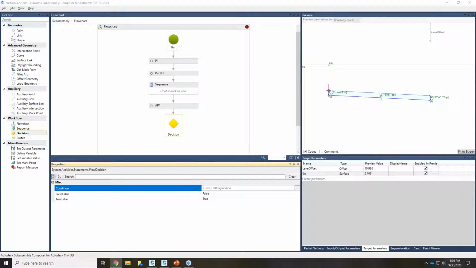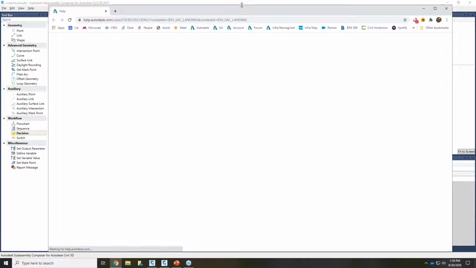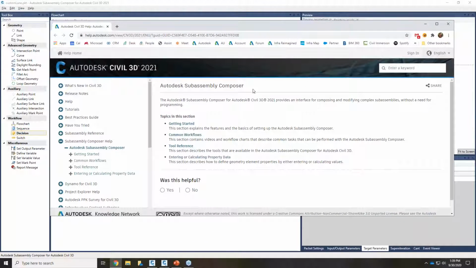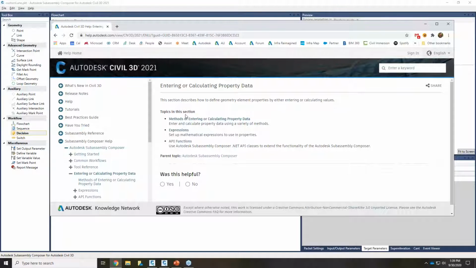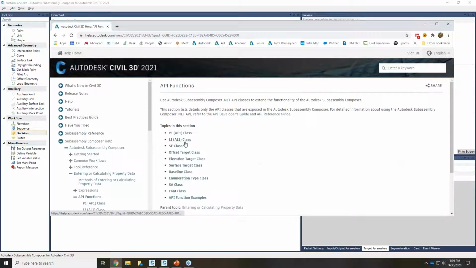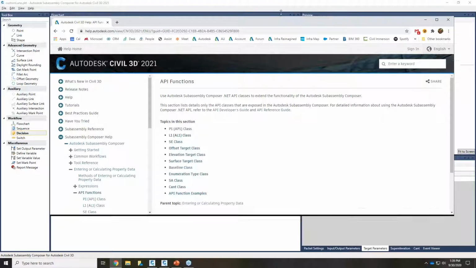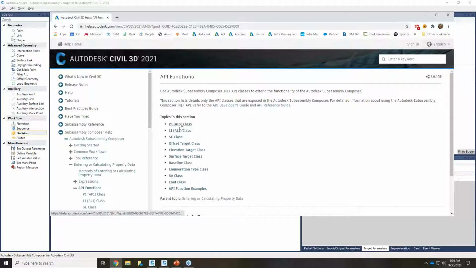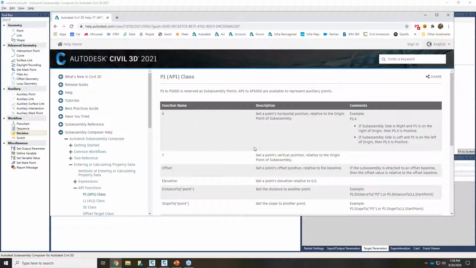So in the Subassembly Help, when you open Subassembly Help, there is a section here for entering or calculating property data, and then you click on API functions, and I'm only going to look at the P point class. A little bit of programming, but not much. And in here, it tells you how to put this